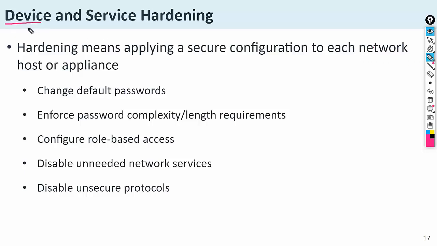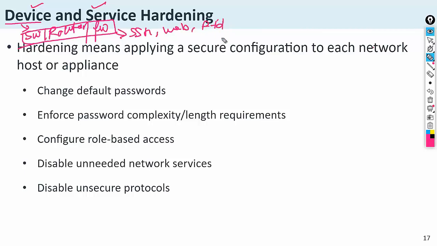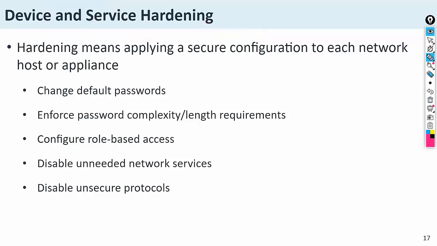Devices may be network devices like the switch, router and firewall, and more devices also. And the services like SSH, web service, FTP service, TFTP service. All these services are used in a network. So how can you harden the devices and the services? The first and very important step is to